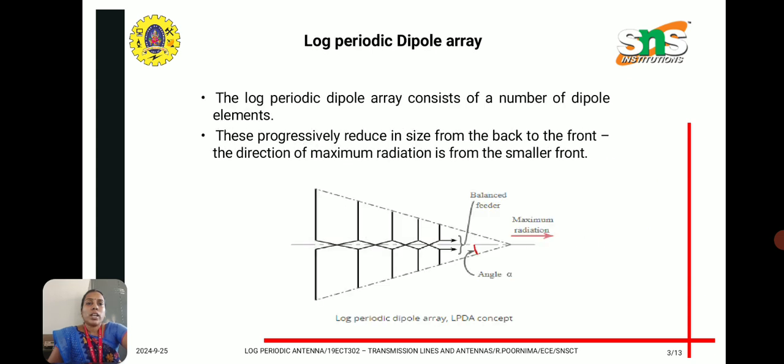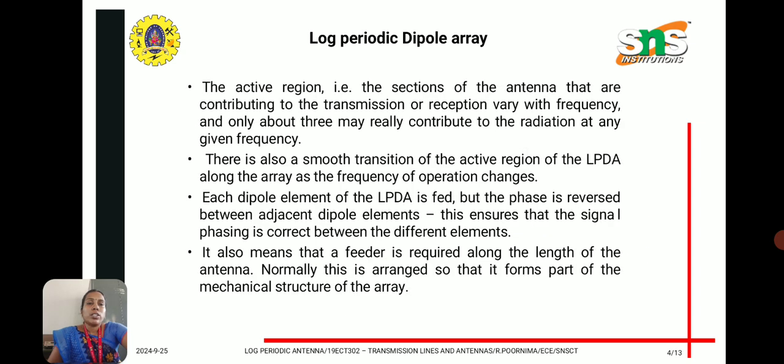A log periodic dipole array consists of a number of dipole elements progressively reduced in size from back to front. The direction of maximum radiation is from the smaller front, as shown in this diagram. The active region, the sections of the antenna that contribute to transmission or reception, varies with frequency. Only about 3 elements really contribute to the radiation at a given frequency. There is also a smooth transition of the active region of the LPDA along the array as the frequency of operation